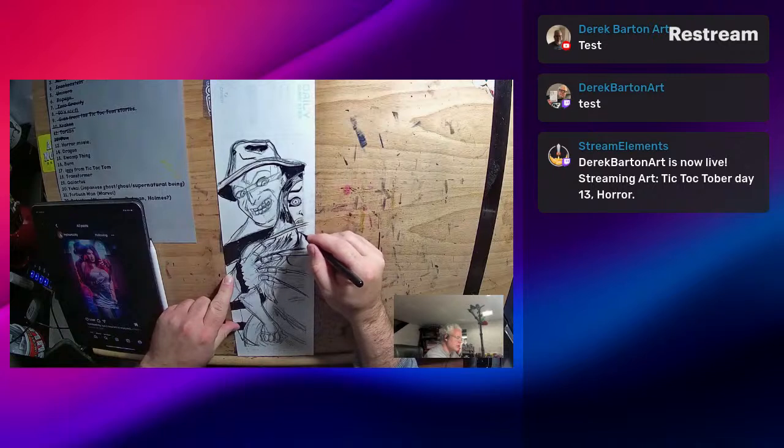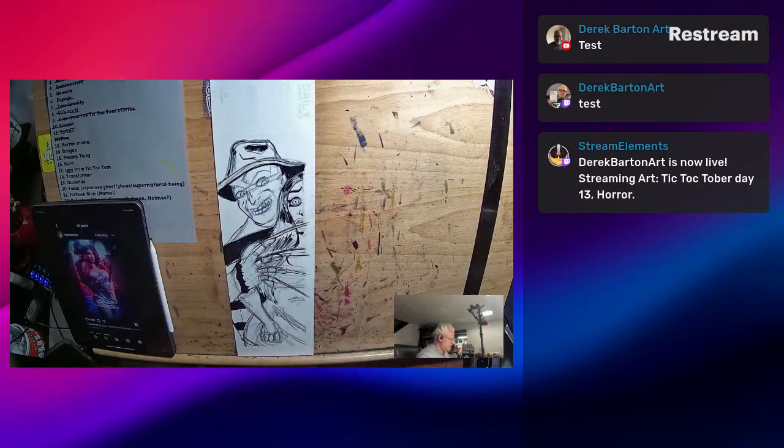So let's get a little bit of the shadow under here and here. And then because the hand is a little more in the way of the pajama, I won't be able to get any of the nifty